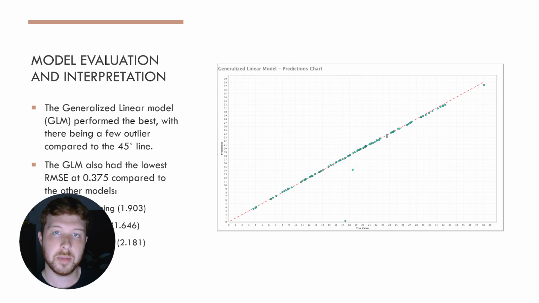Now, if the GLM is our best model, why is that? And are there any visual metrics that we can look at to determine that? And the answer to that is absolutely. So here on the right-hand side, we can see the GLM's prediction chart with a 45-degree line, and there are